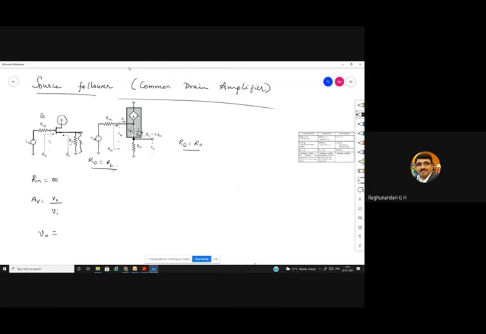the main supply is VI. VI is the main supply, and we need to find out the output across RL divided by the total resistance, whatever we are having. We want to find out the voltage across this RD because that is the output voltage V0. So the total resistance in this will be RL plus 1 divided by gm.